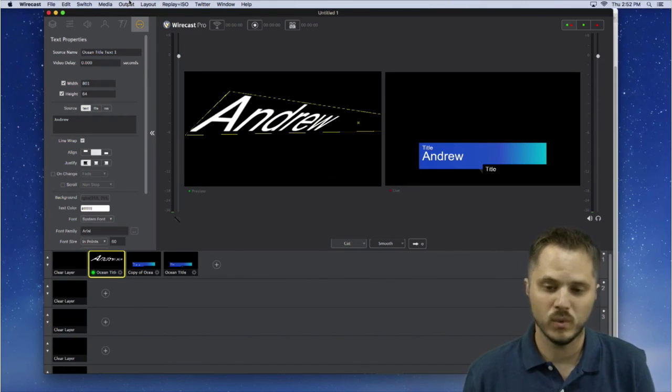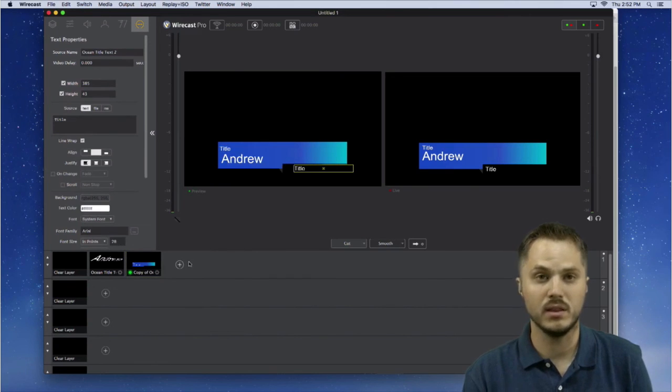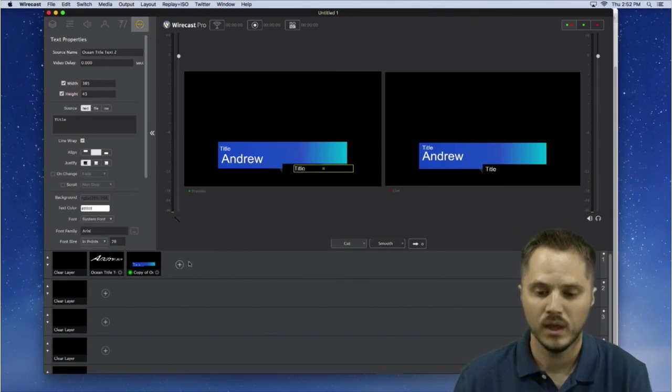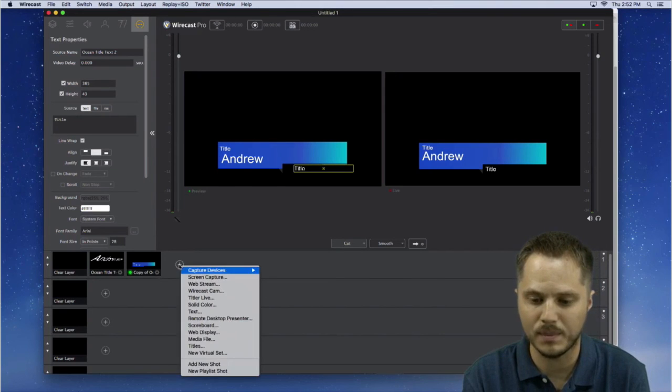So be aware that if you delete a shot, there's no shot with any of the text titles or text boxes that had those sources in them. And it's hard to just add it back in the way it was.